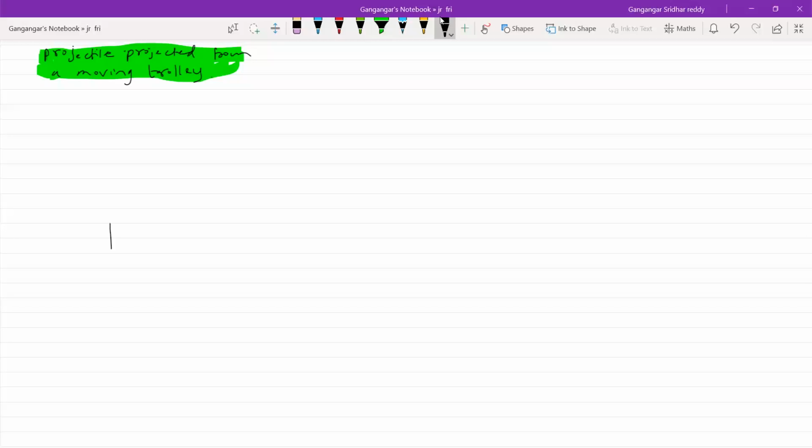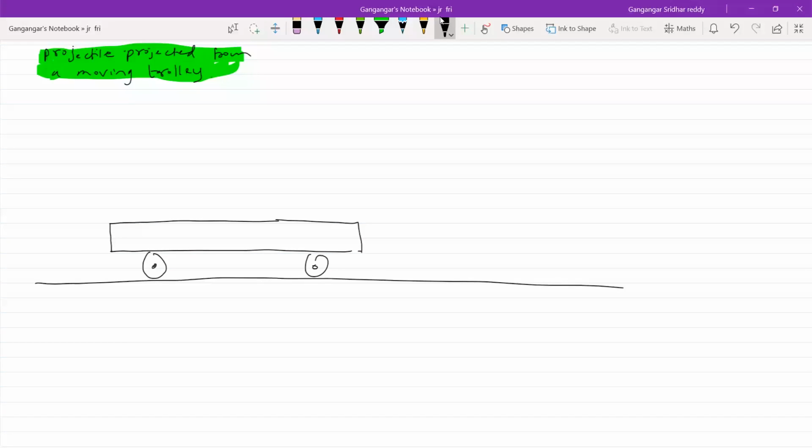This is also a very simple topic. Just stick to the basics of relative velocity and relative motion. If you take help of that, I think you can manage it. So there's a ground. Velocity of trolley, let it be here. It's a long trolley; in the diagram it appears short, but it's a long trolley.